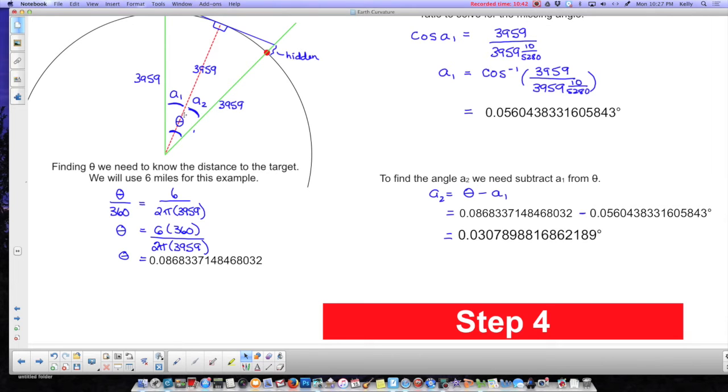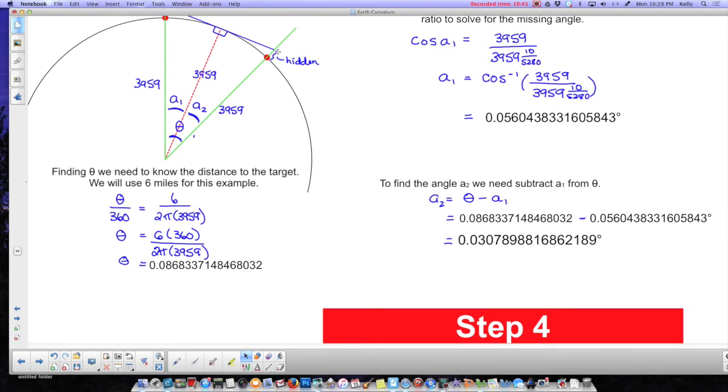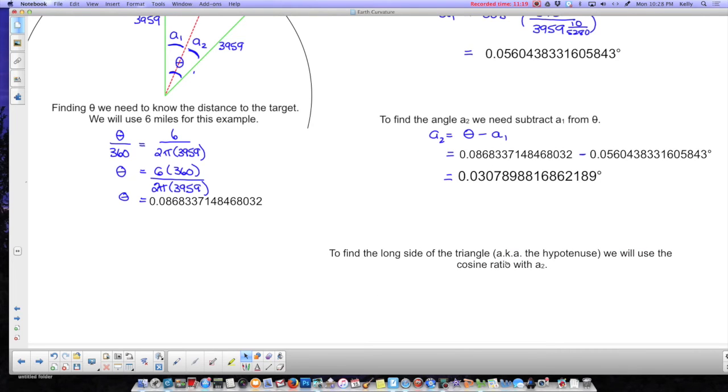Okay, so now that I know what this is, I'm well on my way to figuring out what this thing over here is, because it's also in a right triangle. If I have an angle and a side in a right triangle, I can find the last side. We're going to use cos again because we're doing this angle, and I know what the adjacent side is. This time I'm finding the hypotenuse. It was the opposite in some of the other calculations that we did in previous videos, but this time we're trying to find the hypotenuse. I want to find this long side that is made up of the amount hidden plus this little bit here. So to find the long side of the triangle, aka the hypotenuse, we will use the cosine ratio with